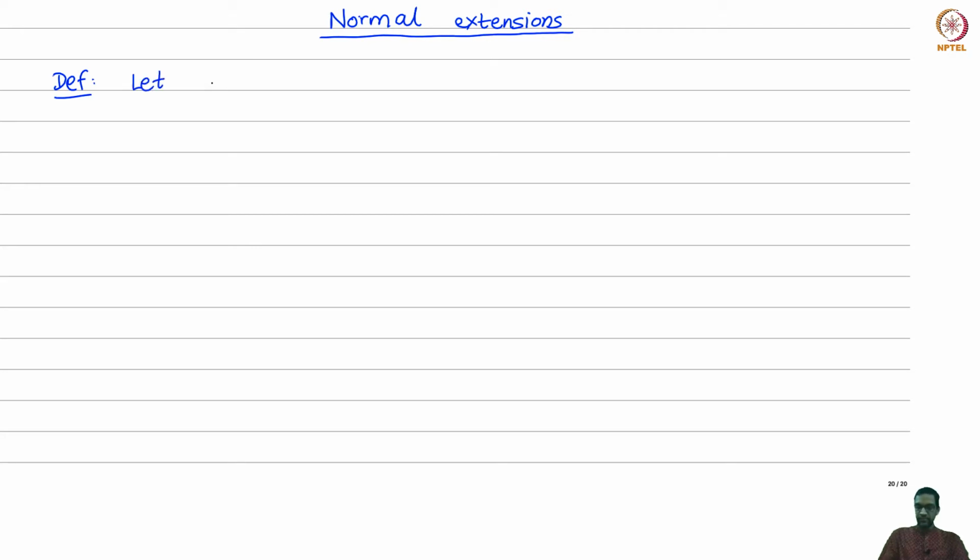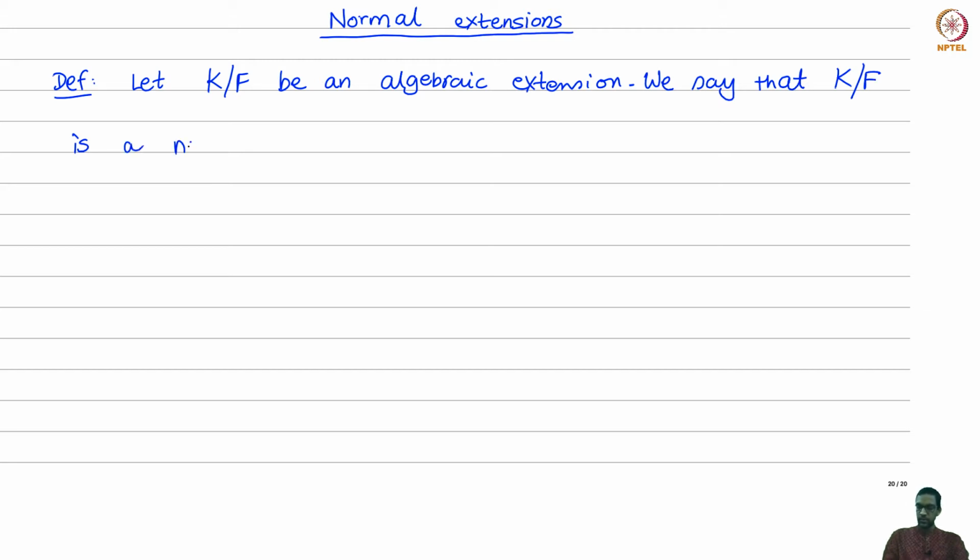So let K over F be an algebraic extension. Fix some base field F and take an algebraic extension of F. We say that K is a normal extension, or the extension K over F is normal